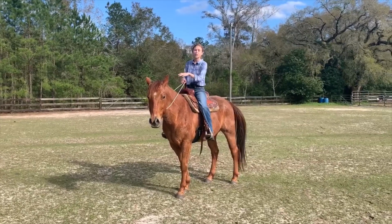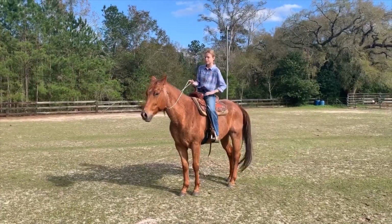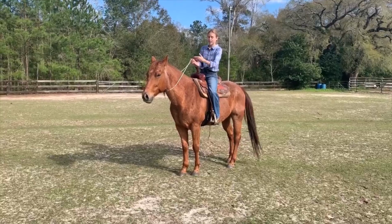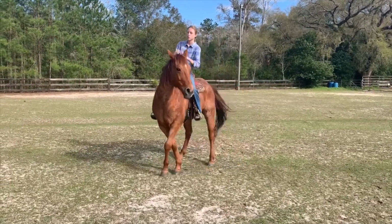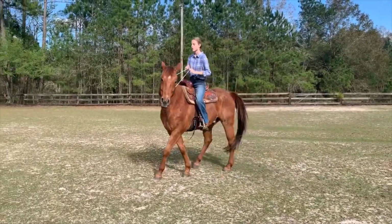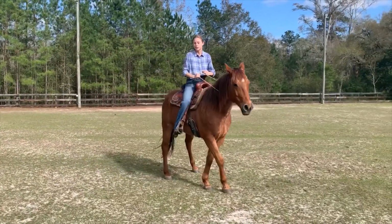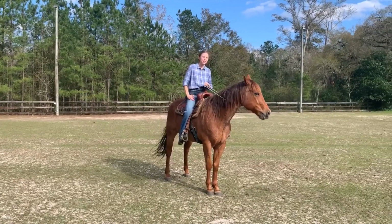So with the neck rope, he also does some other things. It's not exactly something that is a problem, but he's learning to do his bridled cues without the aid of his bit. So you can see he's doing a bit of a side pass there. Easy. Good boy. And it's a little sloppier than I'd accept if he had a bit in his mouth,